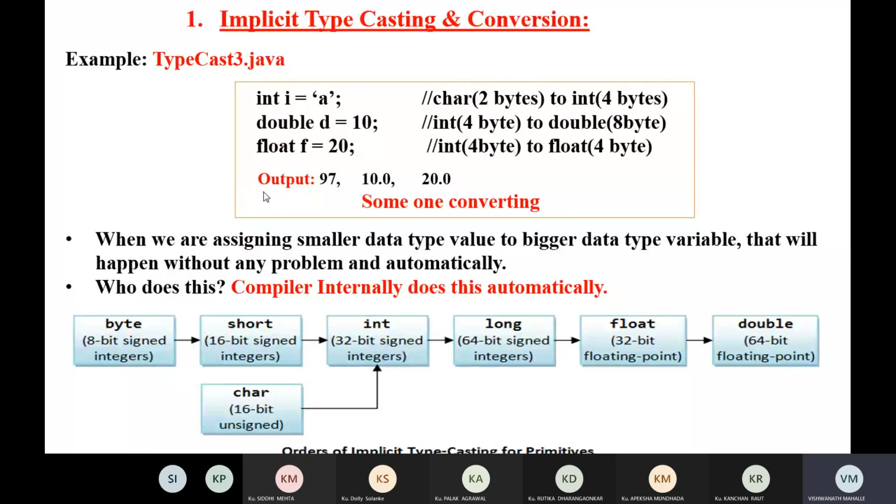In implicit typecasting, we are assigning a smaller data type value to a bigger data type variable. That means we are putting a small box in a bigger box, so there is no loss of any data. That happens automatically, and the compiler does this conversion, called implicit typecasting.